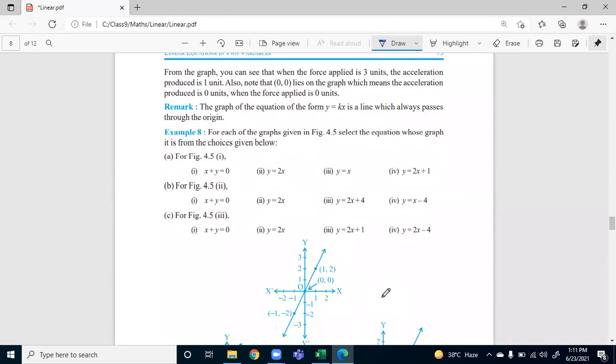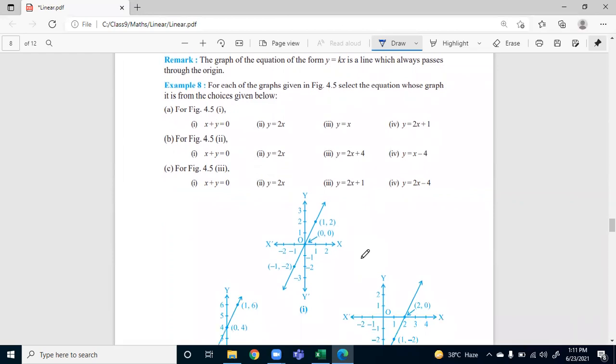Next type of question in this exercise is, you need to find which out of these options is a solution for this graph. You can see there is a graph that is written first in this picture. Now you have to choose out of these 4 options which is the correct equation of the line for this graph. How will we be choosing it? Let's say take any point which is lying on this line. We can take any point.